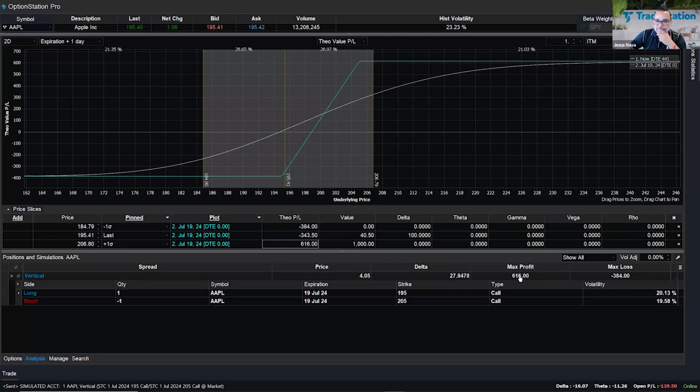And the maximum loss right here, 384, of course, would be realized if the price went down to a particular level. If you wanted to not wait until expiration, let's say that I'm holding this spread only a couple weeks. Today's the 5th of June. Let's say that we want to keep that trade a couple weeks until the 19th of June, which is a Wednesday. How would I calculate what my P&L would be on June